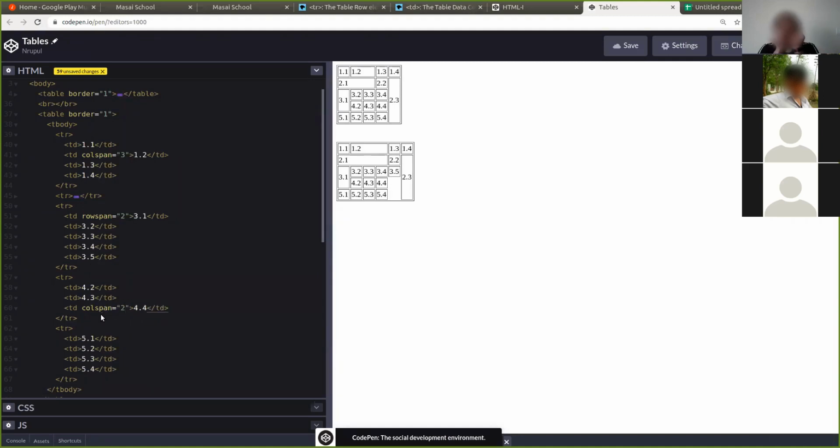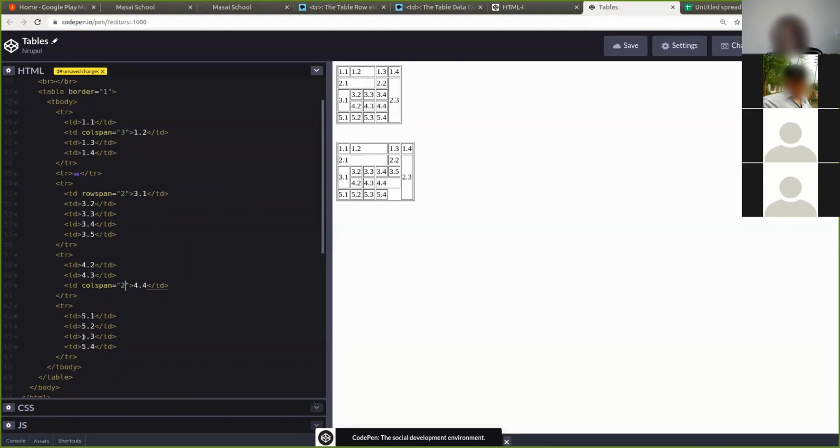If you're putting colspan, that means you are moving to the right and merging those many things. If I'm putting colspan as 2, this is a 1, 2, you take one more column and merge both of them, how you did in Excel. If you're doing rowspan, you take the below row and merge it if you put rowspan at 2. Now let's put for 5.3 colspan 2. Now you are extending that by 3. So you can see you created a different kind of layout. Again, this is the rowspans I used, this is the rowspans I used, and all the things that I have done.